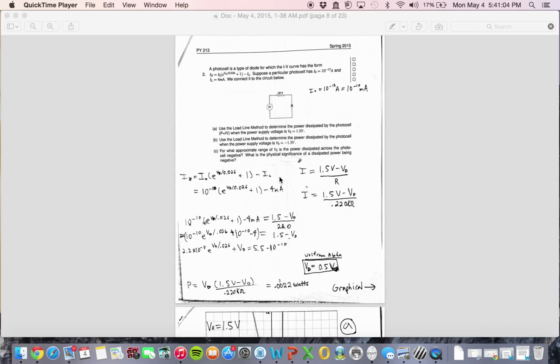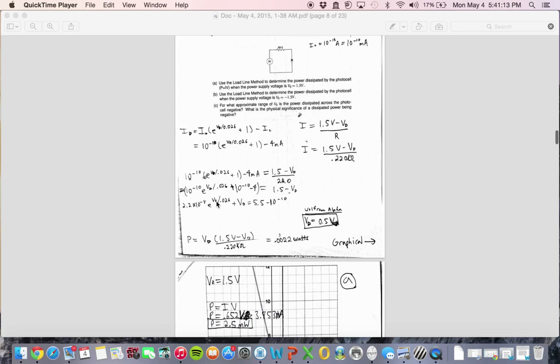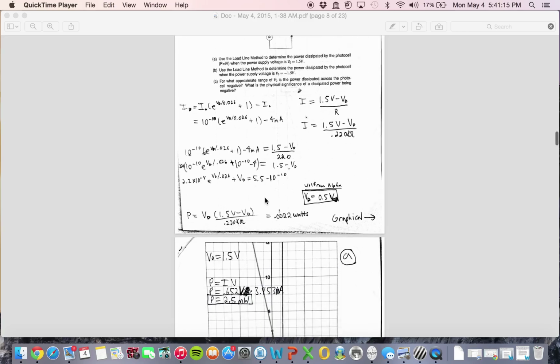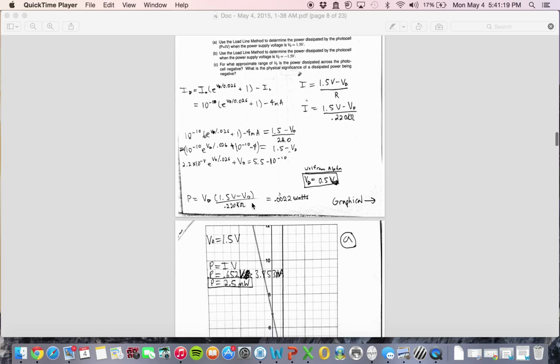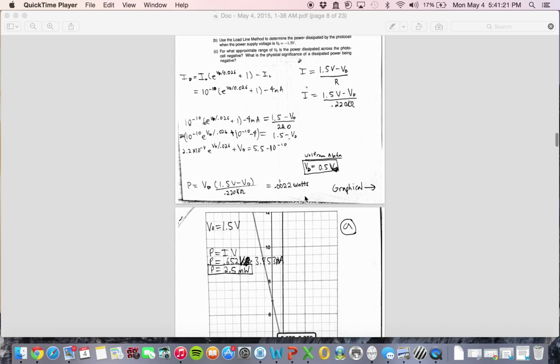For number 2, you can see that I tried to solve this mathematically first before going for the graphical method, because I noticed there were 2 very nice expressions for current, so I solved for VD and multiplied this by current in terms of VD, so it was pretty simple, and I got 0.0022 watts, and then I tried